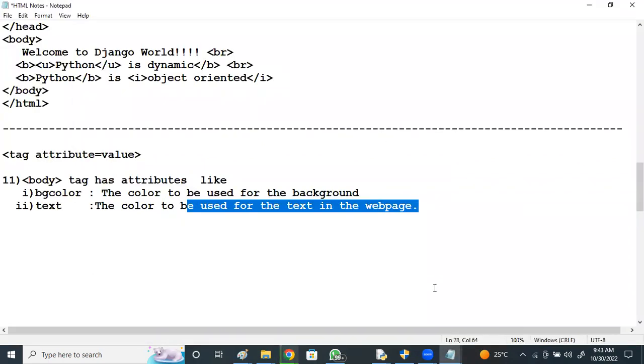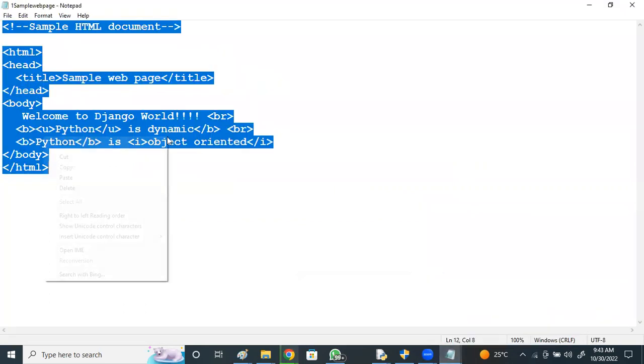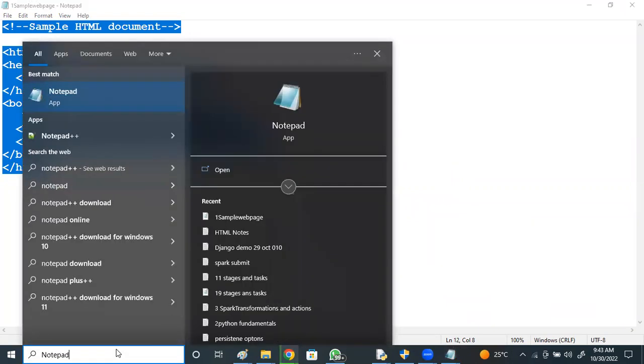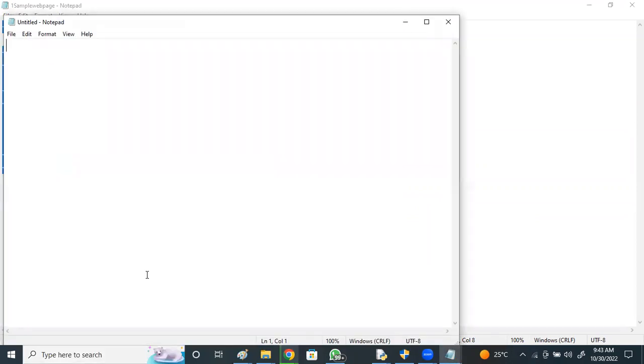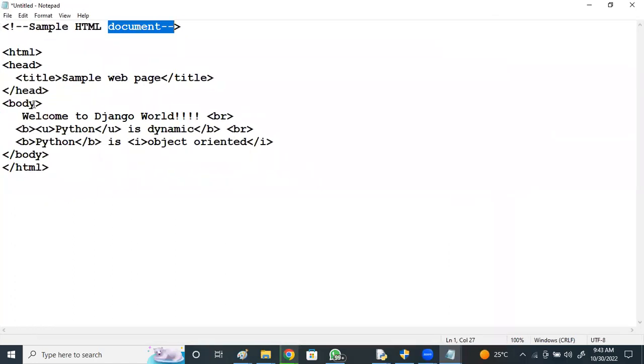Just now I'll change it. I'll open one more page and paste the same thing. Now here body is there.